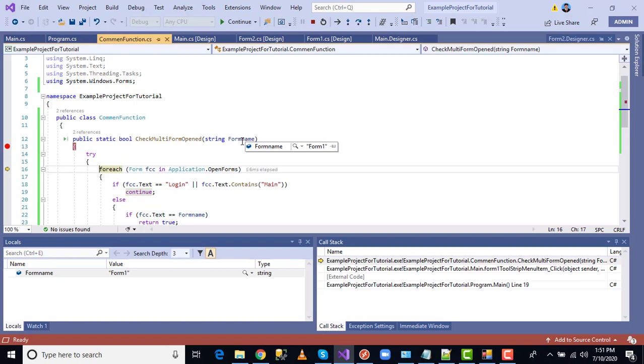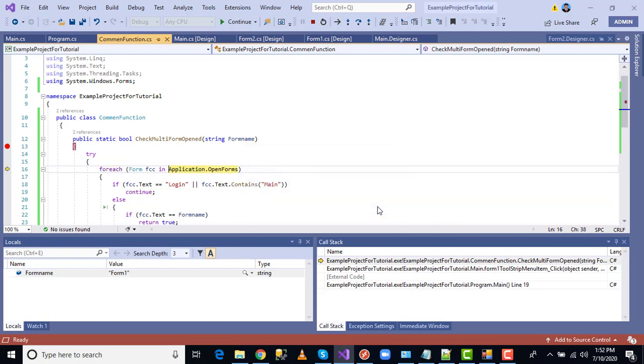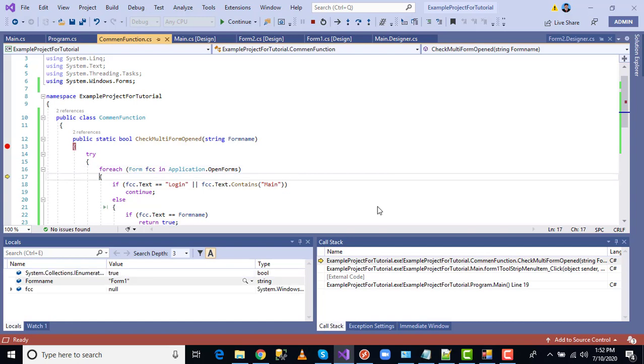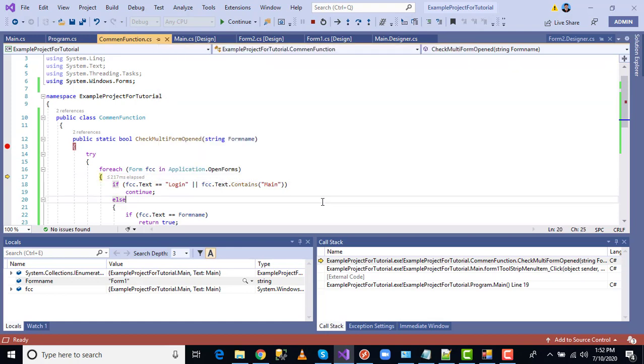Pressing F11 again, in this object I am getting some form text. See, the text of the form is main, you can see here, main came. Since it contains main, it will continue.